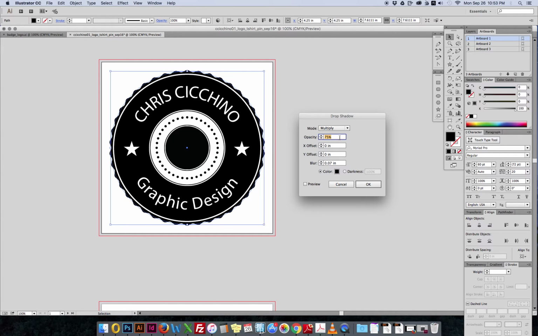Radiating from the center, and I'm going to change the opacity to 100 and maybe the blur to 0.05 and preview first. Now in some cases preview takes a while depending on your drop shadow and your options here, but in this case, because we kept it pretty light, it ended up rendering pretty quickly. Now obviously if you change your X and Y offsets and move it to the left or right or up and down,